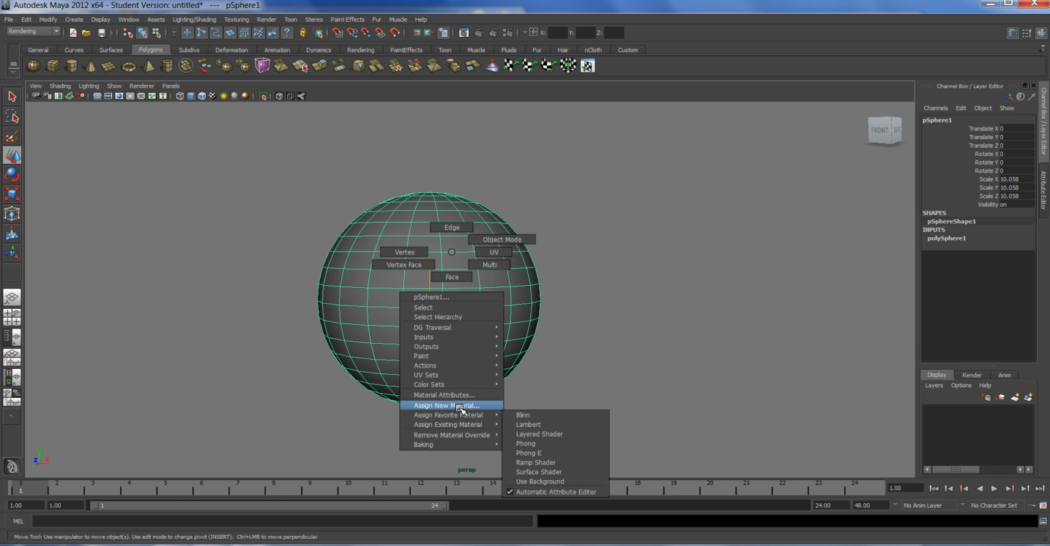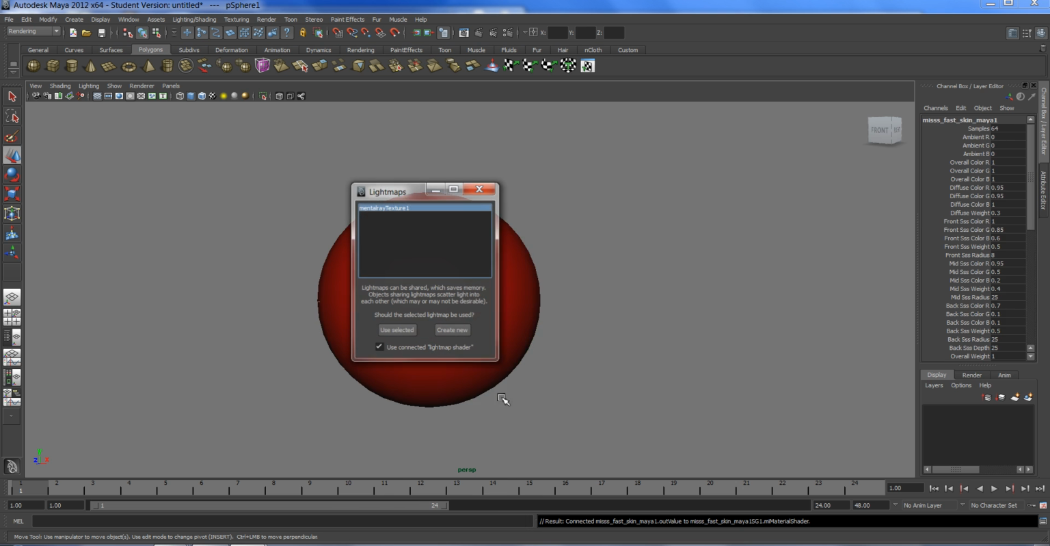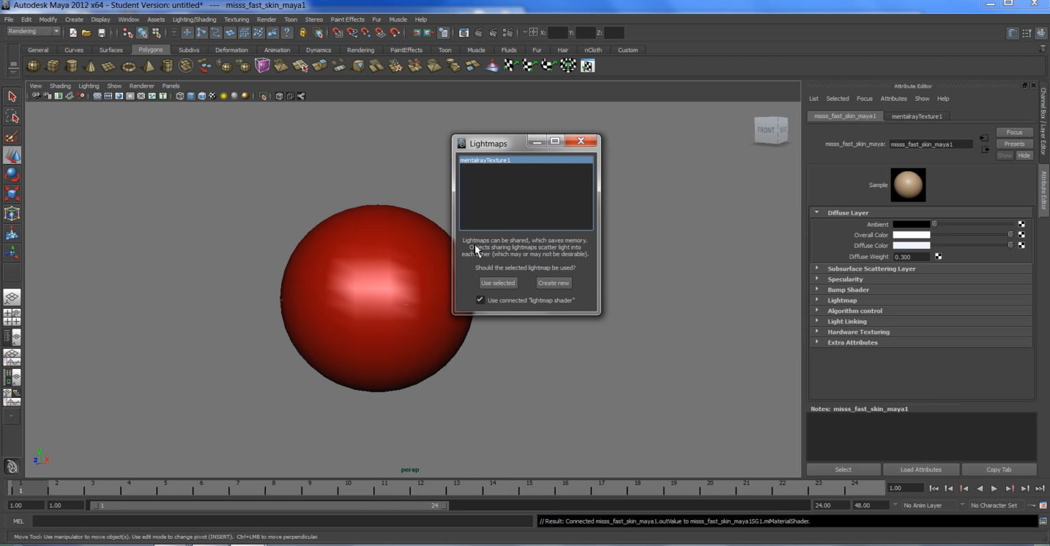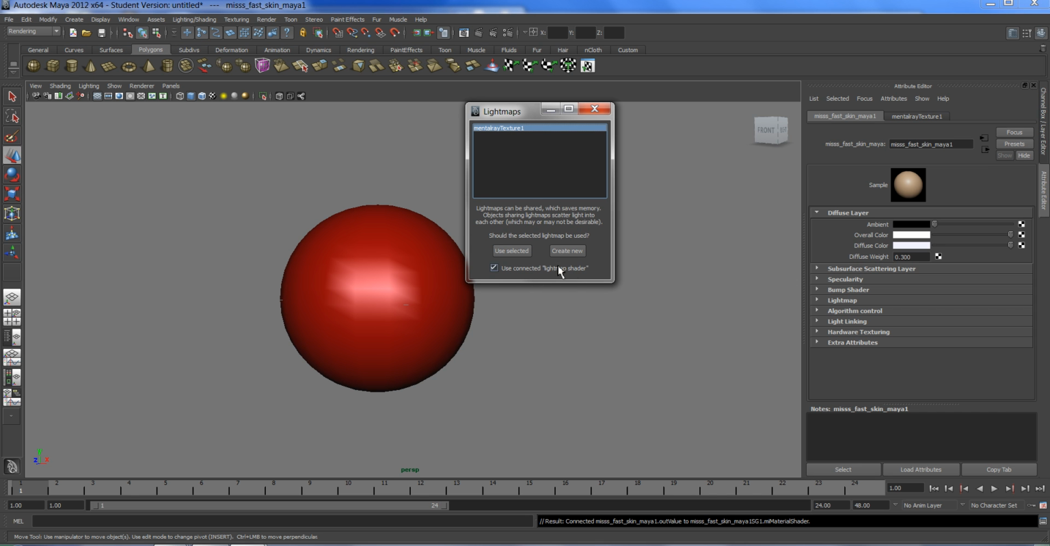Assign new material. Mental ray. And the one we're going to be primarily focused with is the MISSS Fast Skin Maya. So to do this, it asks you if you would like to create a new light map. So the first thing to say about this is that when you haven't created a light map, it's probably a good idea to go ahead and set it up. This is an automated system that previously, when this shader first came along, you had to put together manually, and it's somewhat of a lost art. Now you don't necessarily have to